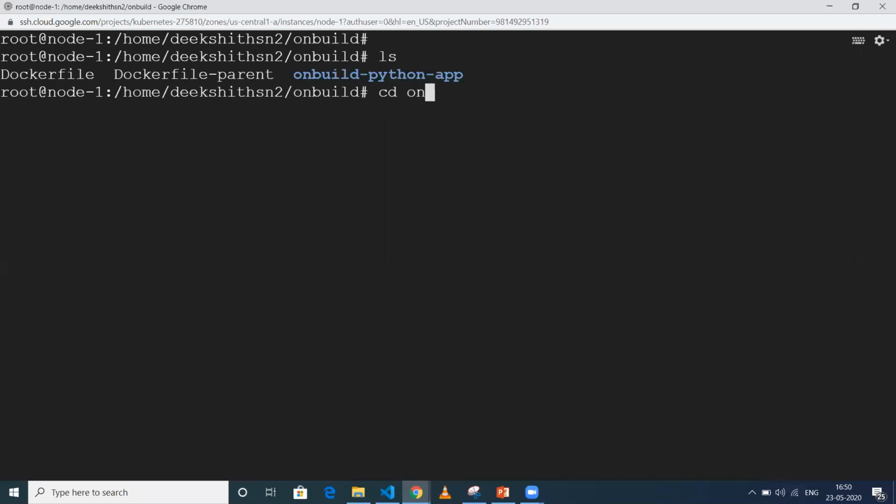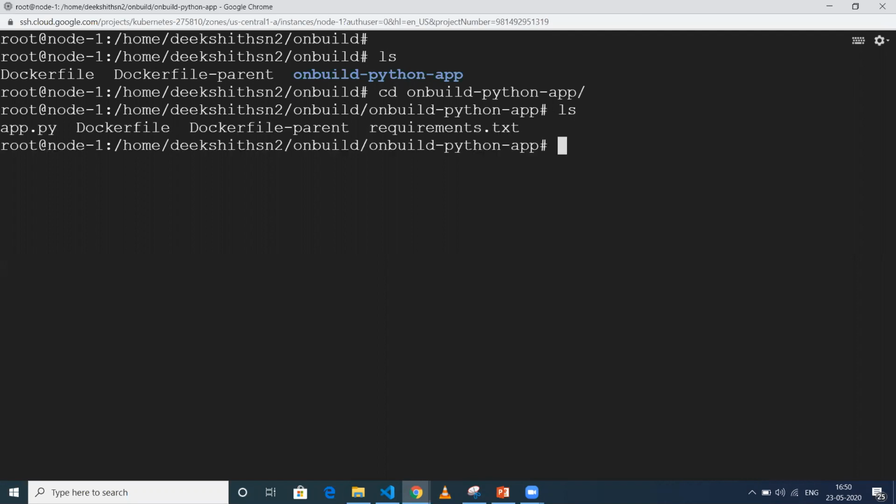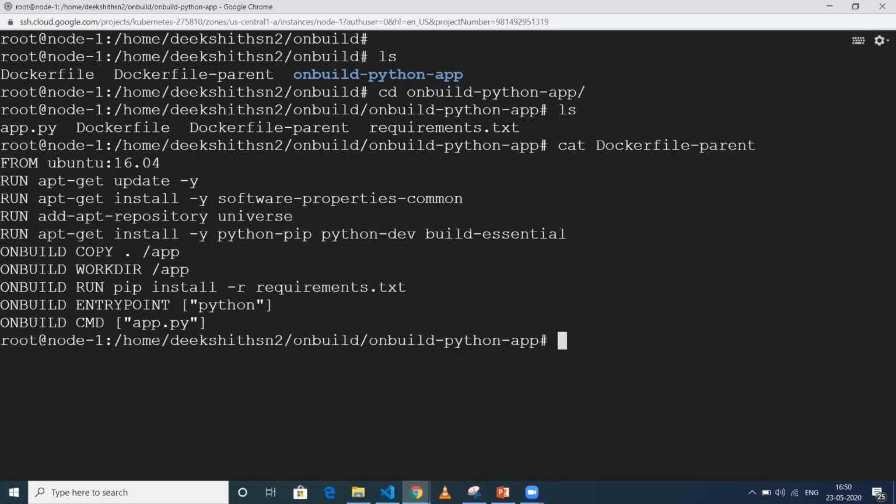Let me go to on build. Here I'll do cat of Docker file parent. This is what I'm doing. When I build this image, it will run all these commands. Whatever I've mentioned in on build will be executed when I use this image as a base image in any other Docker file.